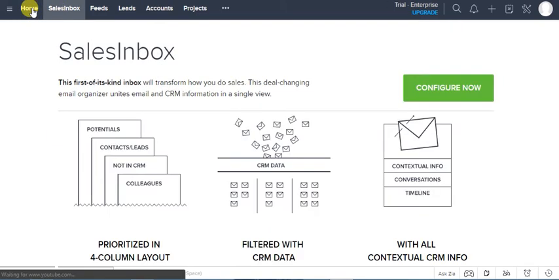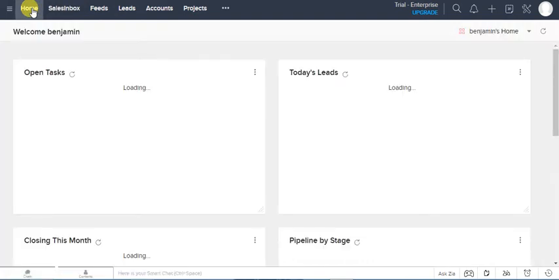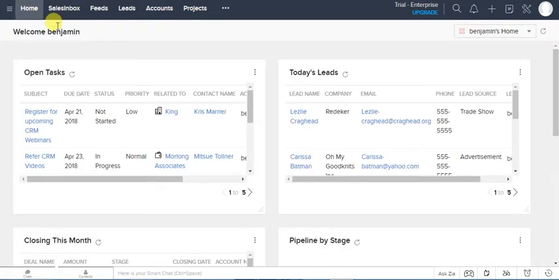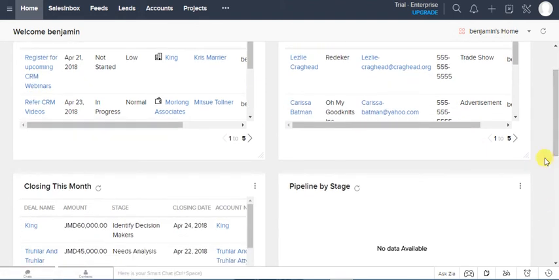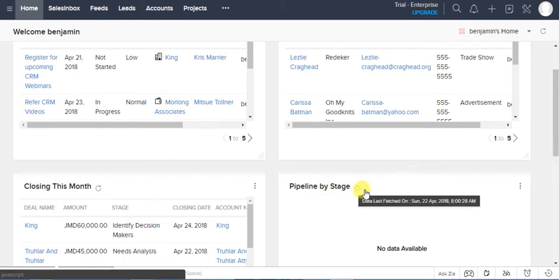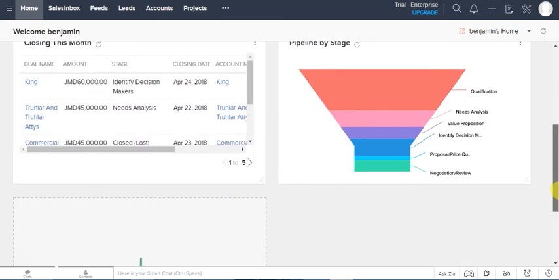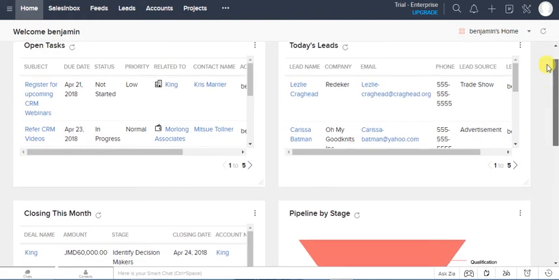So at least I have some stuff for you that I don't have to make up. So look here, we have everything filtered in. We have today's leads. We have the pipeline by stages, which shows us, as I said, the forecast on our sales and how much money we expect from whichever customer or potential